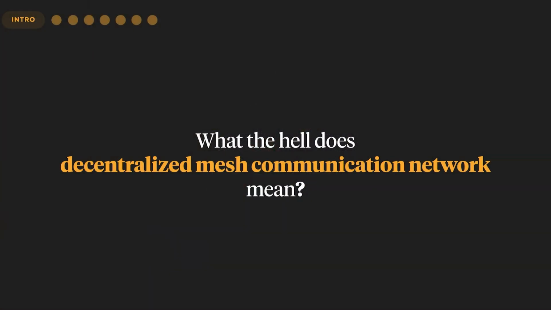Cool. So what does decentralized mesh communication network mean? It's a lot of words, and I just want to level set so that we're clear about what this is. Decentralized: we're not talking blockchain. Blockchain was like 3 years ago. If you're still doing blockchain, I'm sorry. Mesh: we're going to talk about lots of pieces talking to each other dynamically.